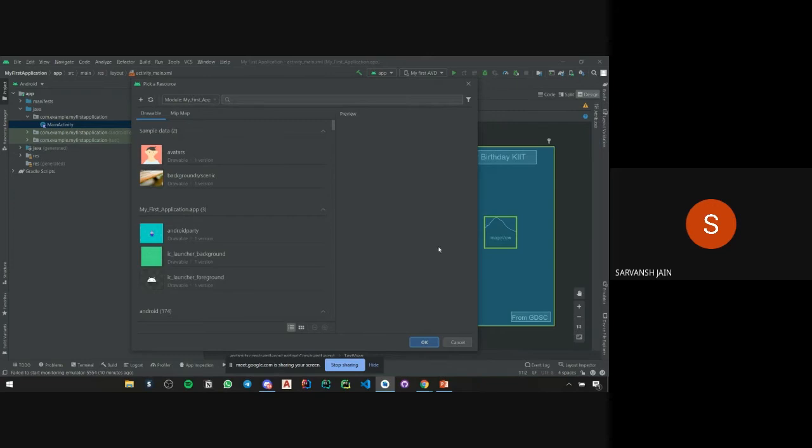Okay, so when we drag the image view onto our application, it gives us some options. So we have to pick a resource. We have already added a resource, Android Party. So we'll open this.